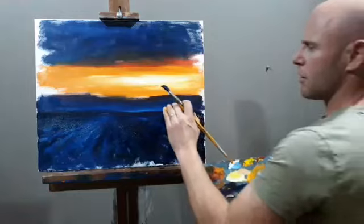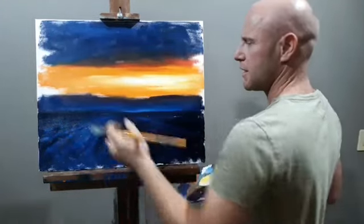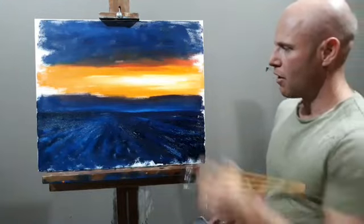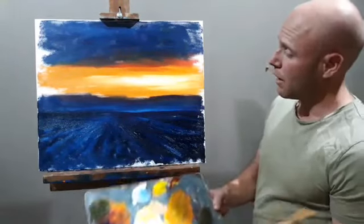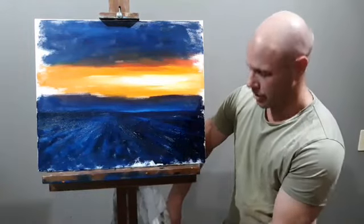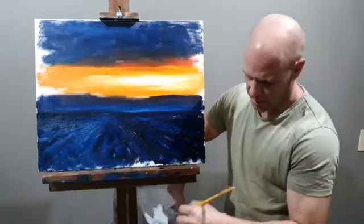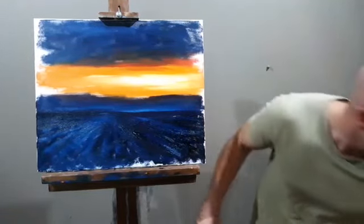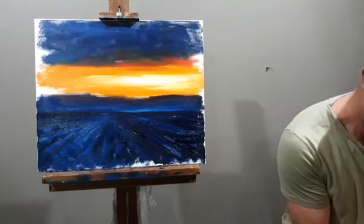There now, we've got a little bit of a problem that exists. I think it's suddenly gone too aggressively from orange into that purple. So now I'm going to lighten it off by cleaning a little bit of that very strong blue off the brush. And we're going to move very quickly now, and remember that